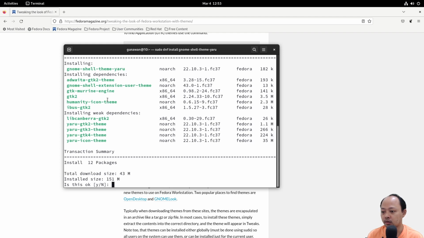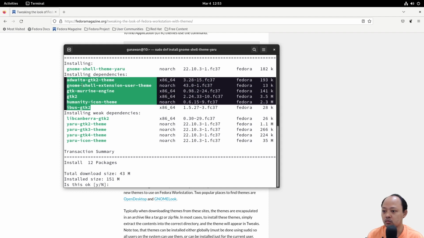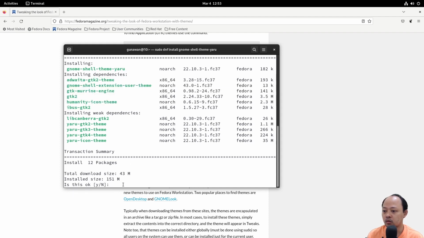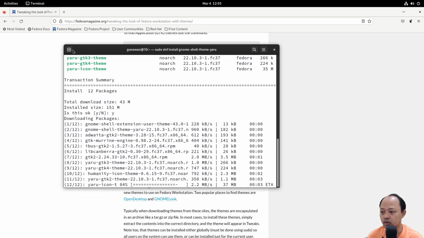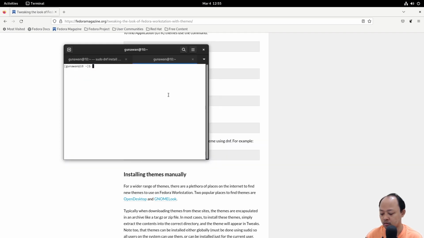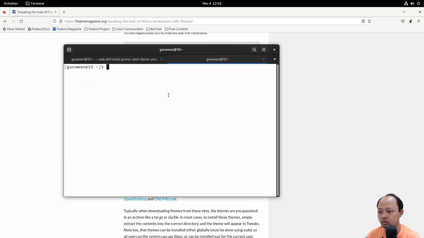As we can see here, there are some dependencies that will be installed, and then I will type yes, enter. While installing, let's check the folder /usr/share/themes.